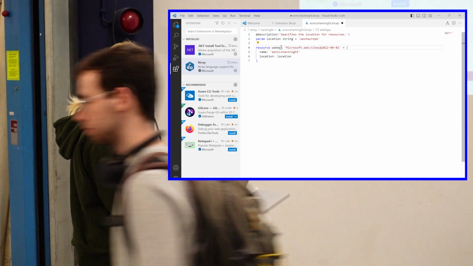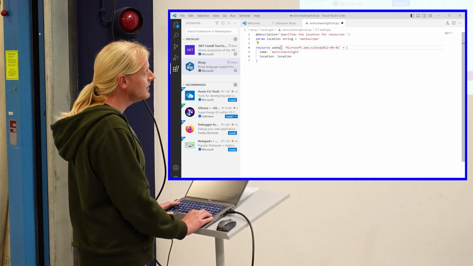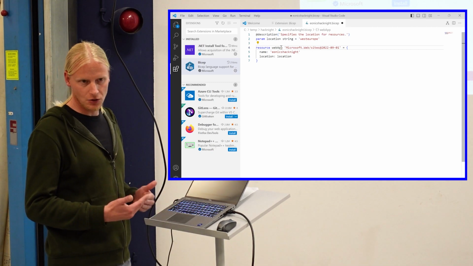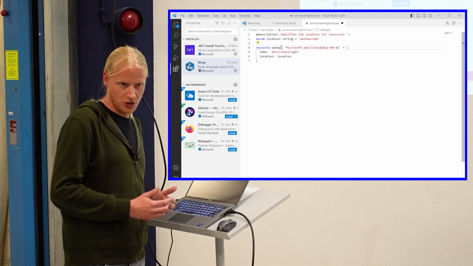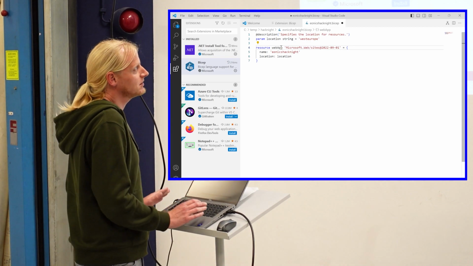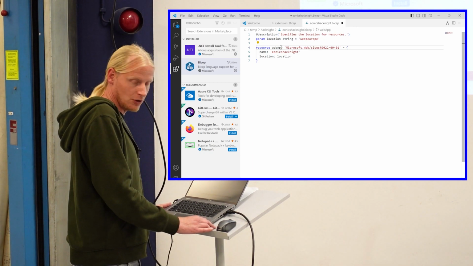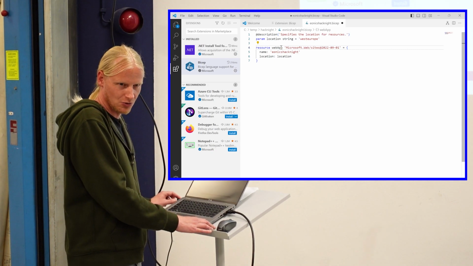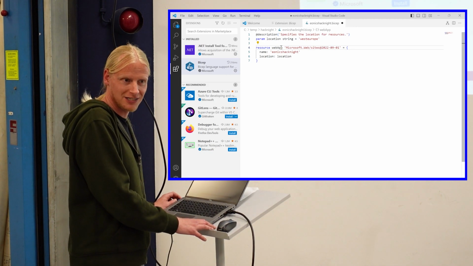This API version at the end, does it determine the parameters that you can fill in? Yeah, I think it indeed determines the parameters you can fill in, and it also determines the API that is called in the backend when you actually deploy this thing. I think for certain properties you would have to use a certain API version because they will be fairly recent. I haven't encountered this myself yet. So far I haven't ever had to change it. I think new features would typically be added to the new API, and I'm not sure if Microsoft adds new things to old APIs, probably not. So just pick the one that works for you, I'd say.